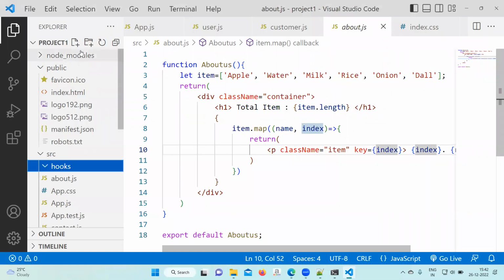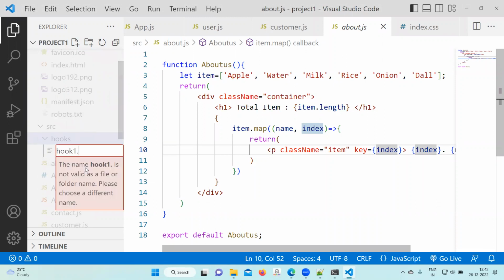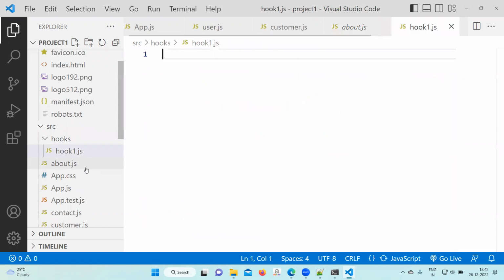And create one file, hook1.js. hook1.js in which folder? Hooks folder. Okay, in this file, first we'll